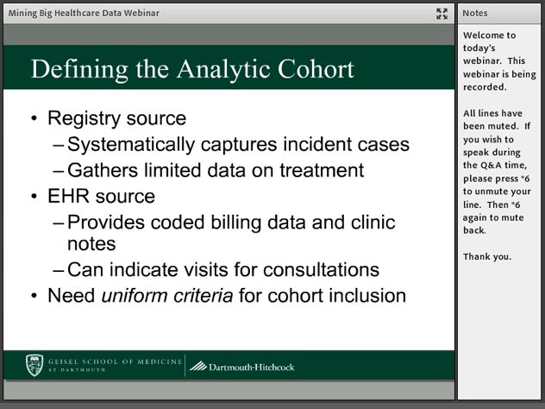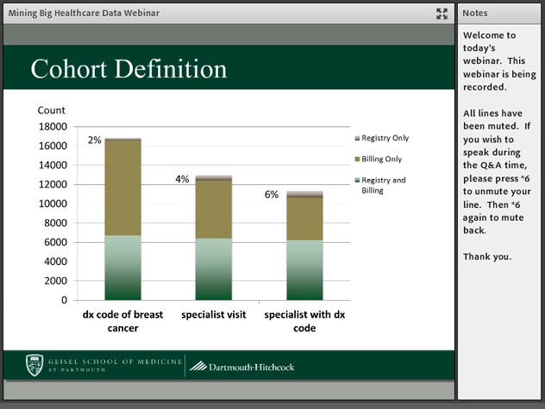So because of these different sources of data that are available for us, we have to come up with some kind of uniform criteria to think about how we will include patients into a resource that's meant to look at breast cancer. So this is just an indication of some of the challenges here when we look at the different factors when we try to consider these as criteria for including patients. As I mentioned, there were about 18,000 patients, but this is a slightly smaller cohort because of the criteria being shown here.